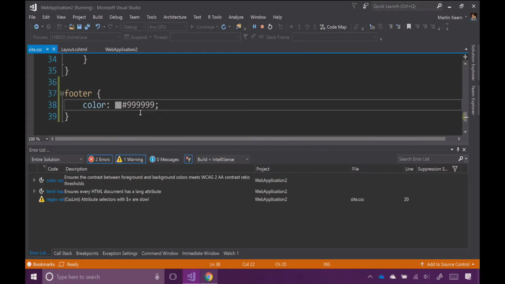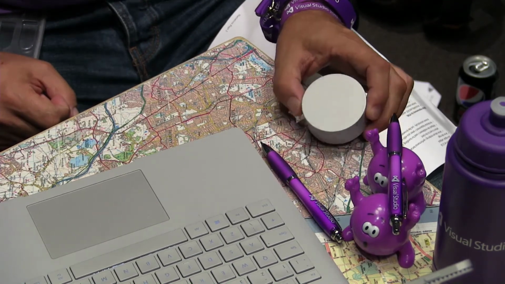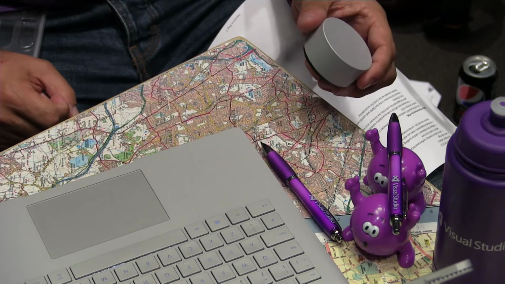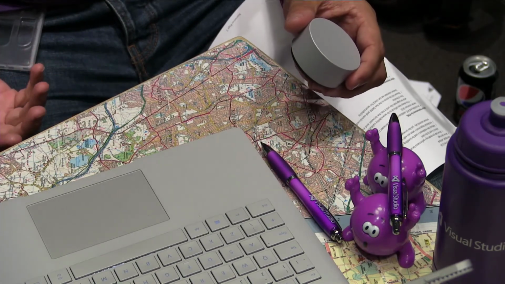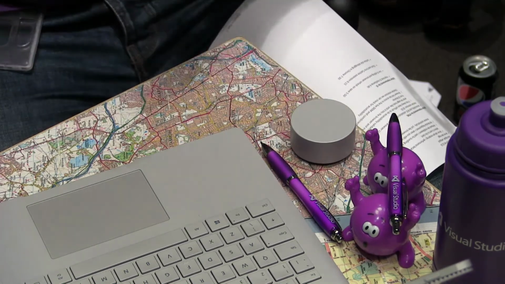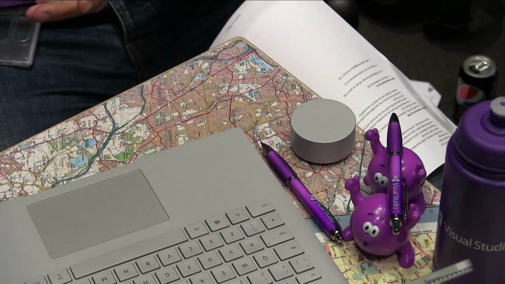Now this is a very cool little device. The Surface Dial, yeah. This little fella down here. It's just a piece of hardware. It's called Surface Dial, but it works with any Windows PC. It's Bluetooth enabled, and it lets you use a dial to operate things. And there's some support in Visual Studio via an extension called the Surface Dial Tools extension,